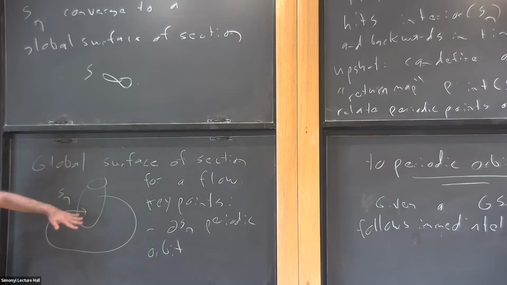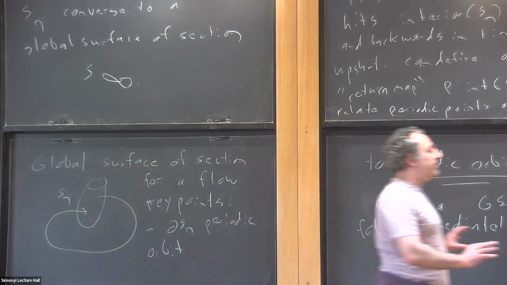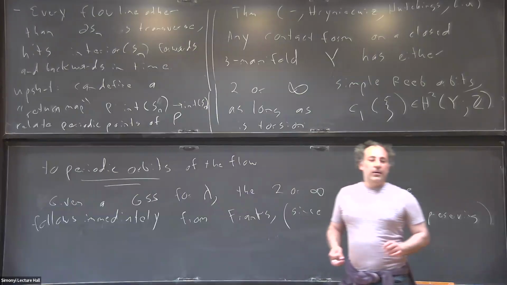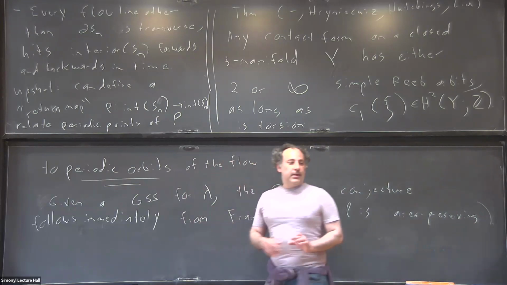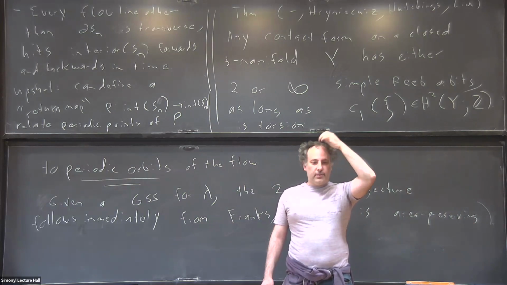I've also been a little bit vague about genus here. In principle, this could have genus, and then it's a little bit harder to use exactly what I'm calling Franks. But in that case, it's known that as long as you have no flux, you always have infinitely many periodic orbits. So I guess the upshot is that the challenge with the paper is going to be finding a global surface of section for lambda. Once I know that I have a global surface of section for lambda, rather standard arguments imply the result. So does that answer your question?